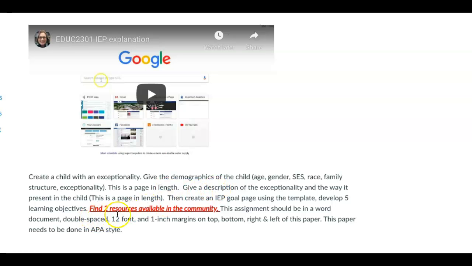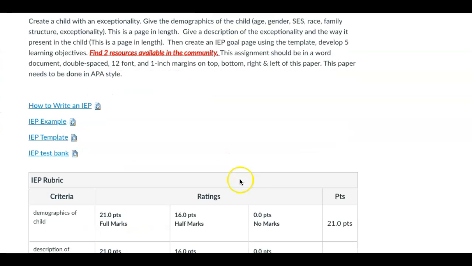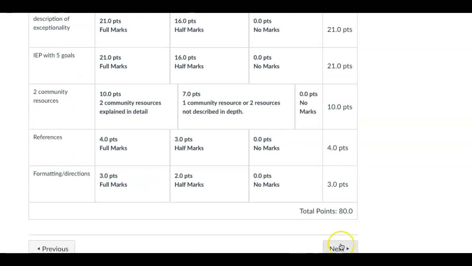The big thing that most people lose points on is they don't find 2 resources available in the community. They can be parent support groups, activities for the child to be involved in, or different types of therapies, something along those lines. And then have it in APA formatting. Here are the forms that you need. Here's the rubric.